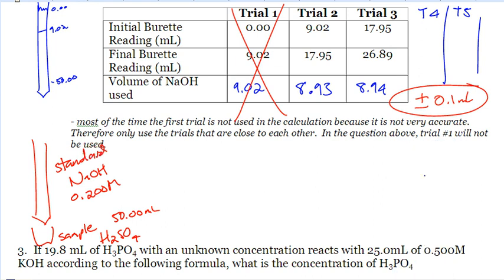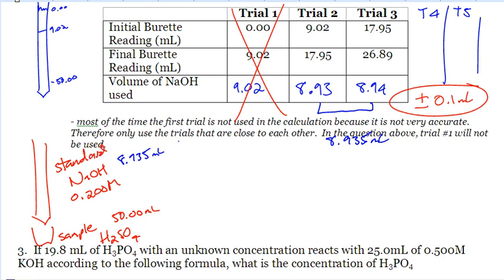The only number I'm missing is the average milliliters required to reach the equivalence point. In the first question, you were just given that number. In this question, you're going to average trial 2 and 3. And when you average these, you're going to get 8.935 milliliters. So that's up here,